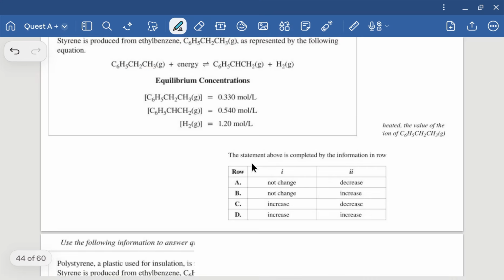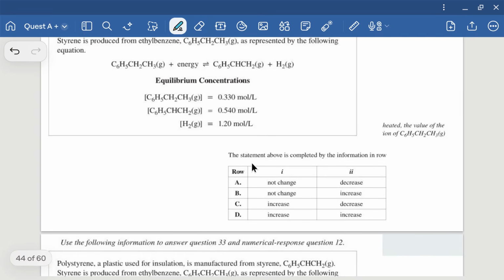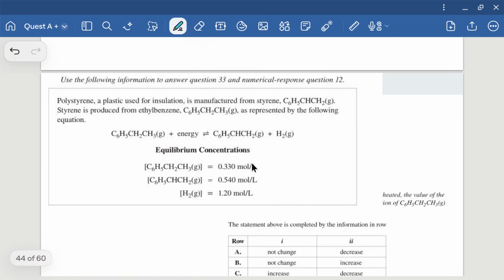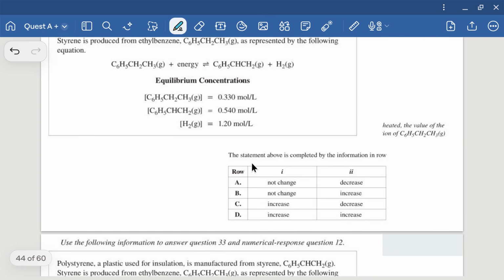This next one here, we have this reaction, and then it is asking, what is it asking here? It got cut off, but it does ask if it's heated, what would happen? So if you are heating the reaction, you are going to shift to the right, and I believe it's asking you about the Kc value. So if you are shifting to the right,